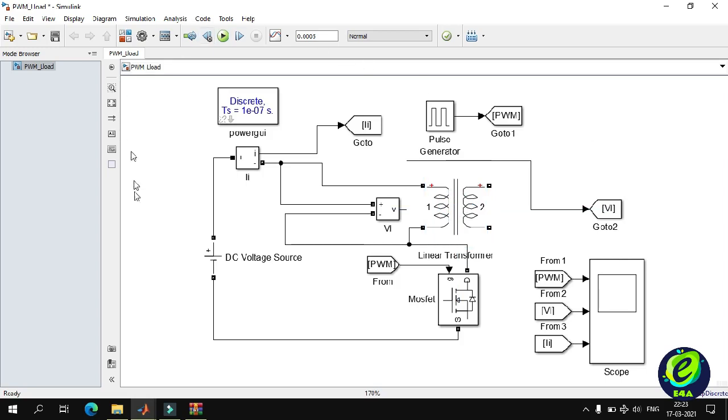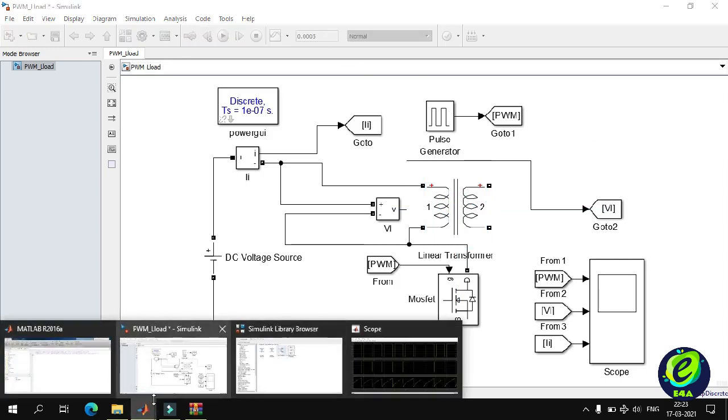Let us add a resistive load of 100 ohms across the secondary side of the transformer.